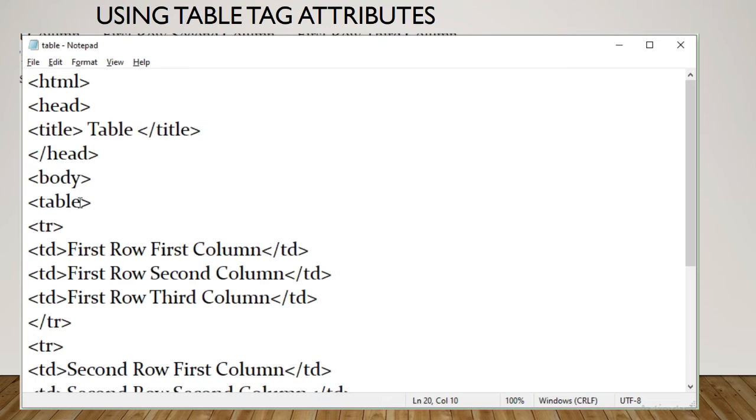Now let's start using more attributes of the table tag. So in table, leave one space and write down border is equal to some number. So here we are giving the border attribute value 2. Now we are defining the height and width of the table. So here 50% value represents 50% of the content window height, whereas 500 in width represents 500 pixels width.